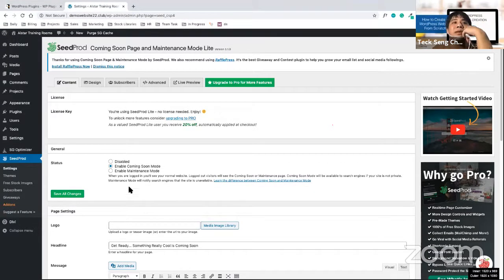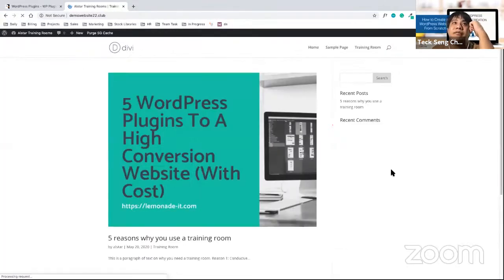All right, so take a look back at my screen again. So you have enabled the coming soon mode. On the right hand side, you should see coming soon mode active. So what exactly is coming soon mode? Let me explain. For example, if I go to my front end, you can see that the pages are still there, but the coming soon mode is active.